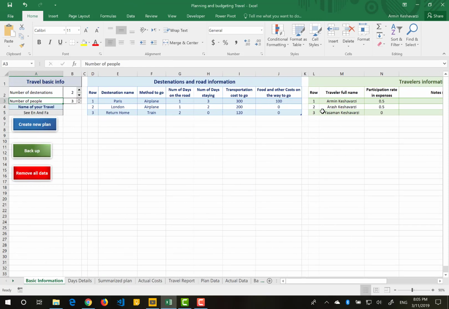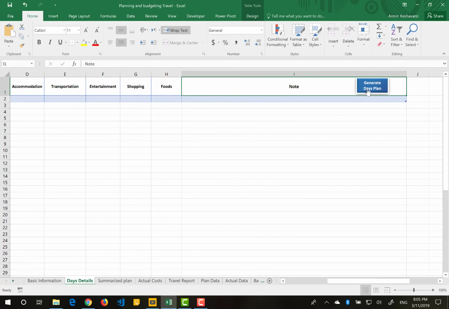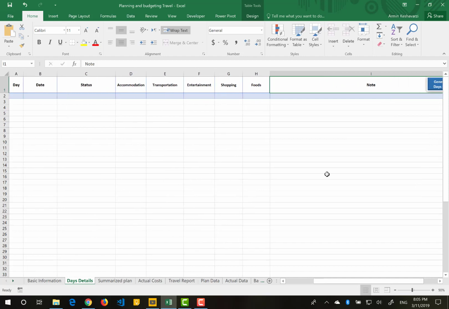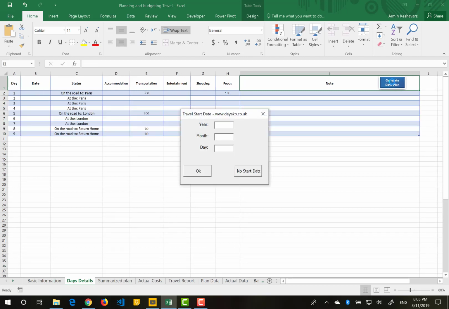And after you enter these basic data, you need to go to the next tab, days detail, and press this button, generate days plan. So with this button, let me zoom out to see all the table. Okay, after you press this button, a table will be created based on the summation of all days on the road and staying at places. So for example, in total we will be on the travel for 9 days, and Excel